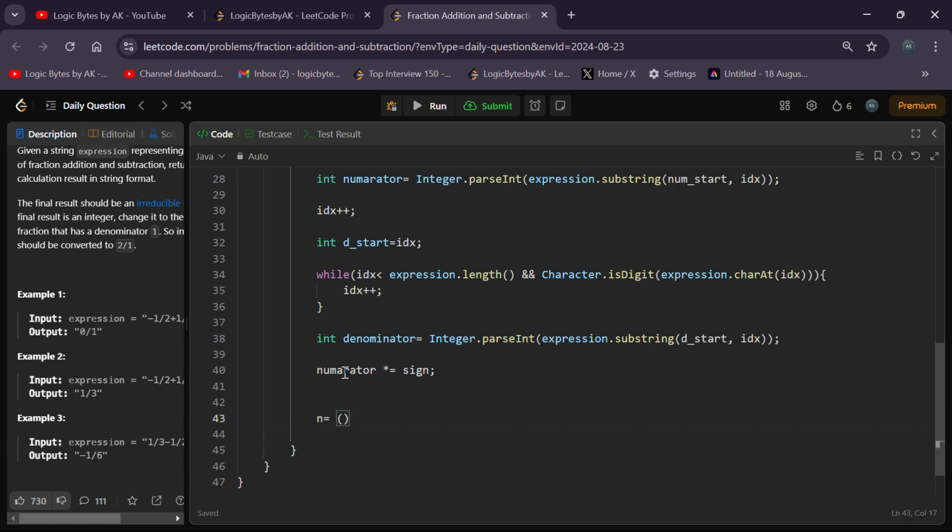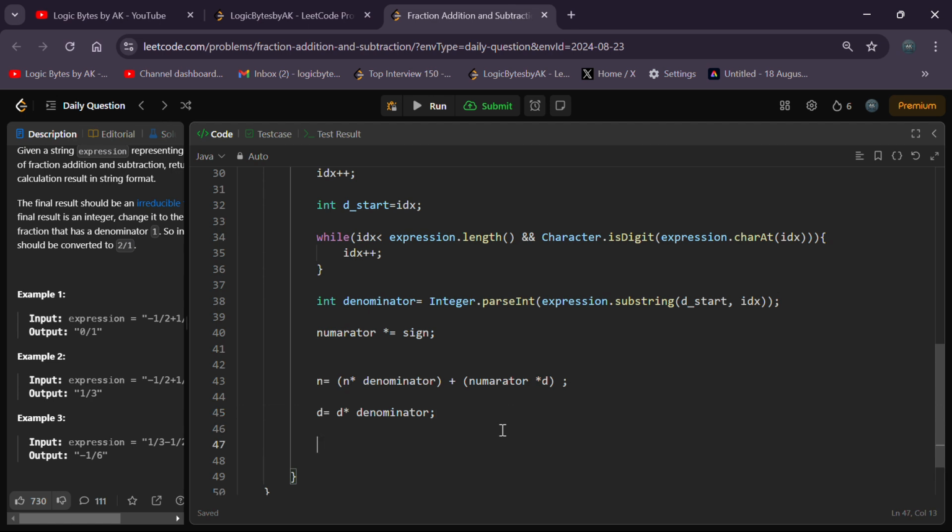So our previous numerator is multiplied with the denominator, plus or minus is the same, because the numerator value is changed; if it is negative, here it comes as negative. So our numerator is multiplied with the previous denominator, and our current denominator is multiplied with the previous denominator,